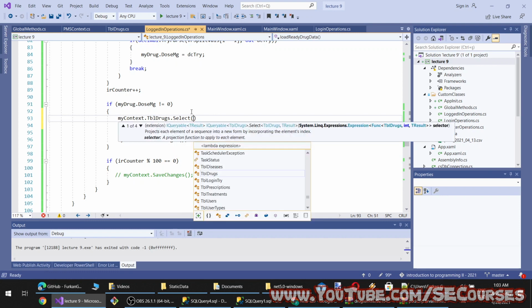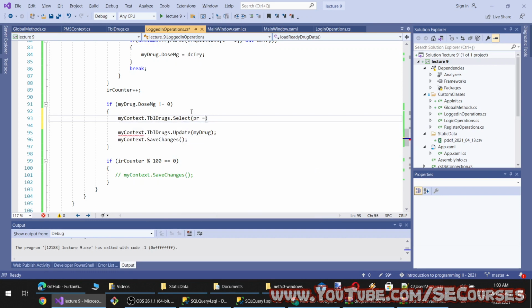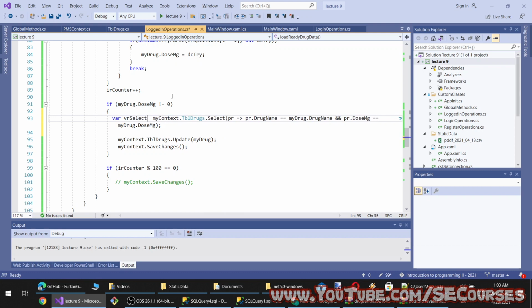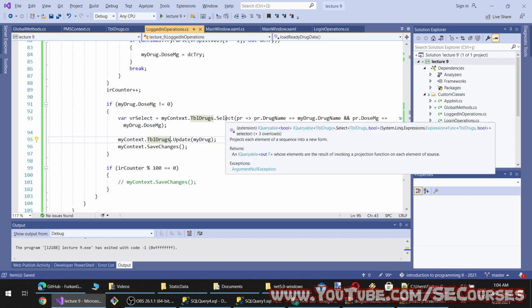Yeah, here dot equal to. Okay, if this will return something.